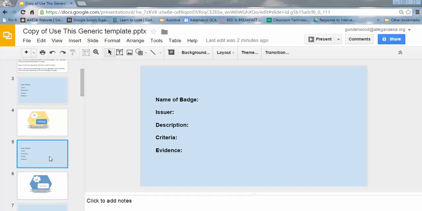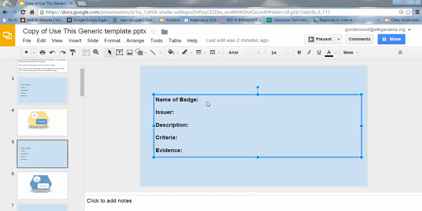So I'm on a blue slide, and I just click on there. Sometimes you might have to double click to get your cursor right in there, and I just start typing. So I'm going to create a badge for people who learn how to make badges. So the name of my badge will be creating badges. I'm going to say digital badges here. And the issuer, I work at the AAESA, so that's what I'll put down here. That's my organization. A description, we'll just say that this